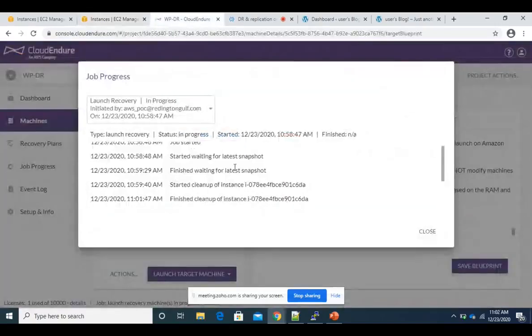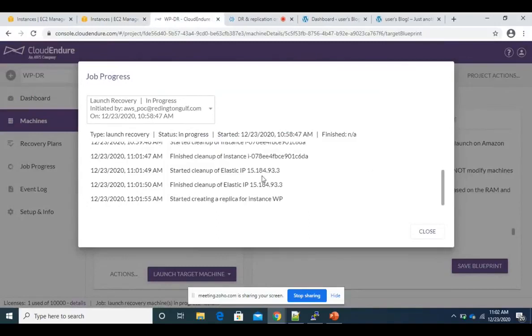And I can see that in the logs also. It has started the cleanup of an Elastic IP, which was attached to the previous instance. Now it is creating a replica of the instance WordPress from the latest recovery point.